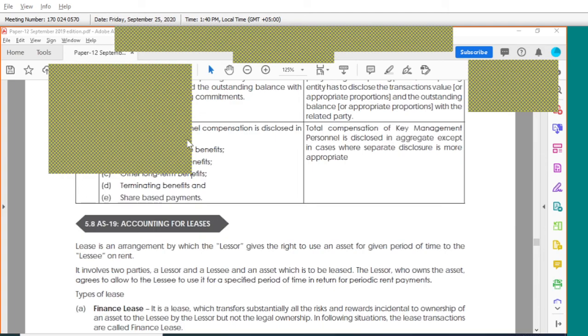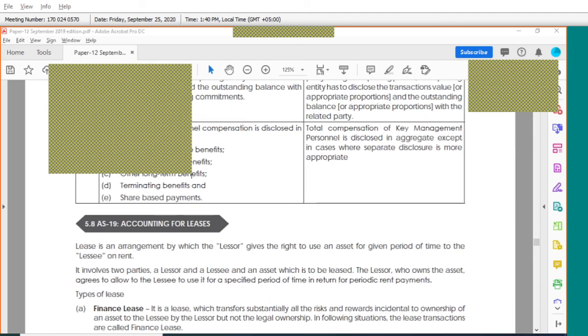Then what about others? If I pay lease rent, what is the accounting treatment? Try to participate. You should know the basics first, then only we can discuss the main topic. We should know why this accounting standard exists first. What is the use of this accounting standard? If I pay lease rent to my owner, what is the accounting treatment? What about others? No idea? Did I ask any tough question?